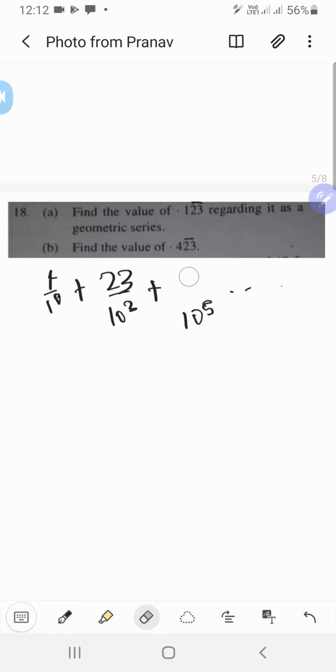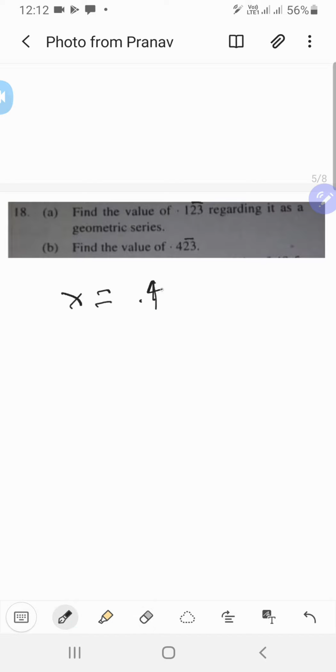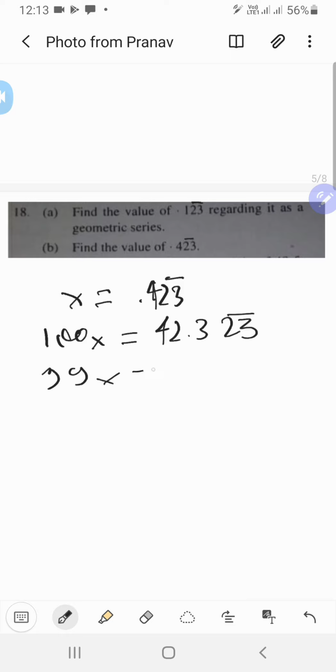Or if you want to rationalize this, write it in terms of a rational expression, you can obviously have x equals 0.423 recurring, then 100x is equal to 42.323 recurring. Yes, I think so, correct. So you will have 99x equals 42.3, which implies that x equals 42.3 upon